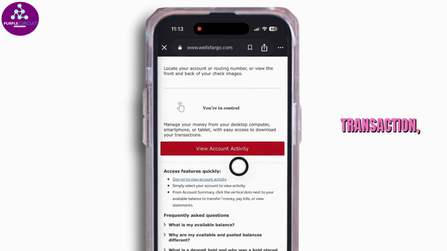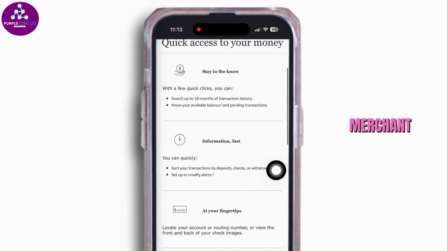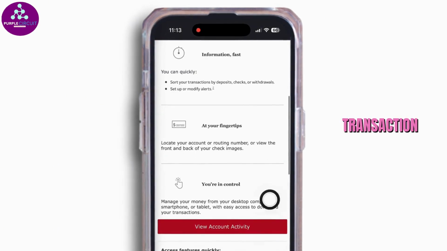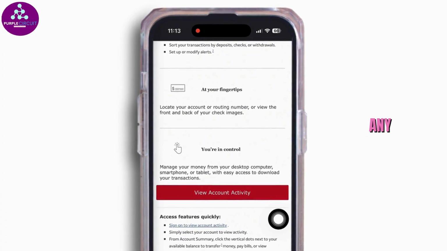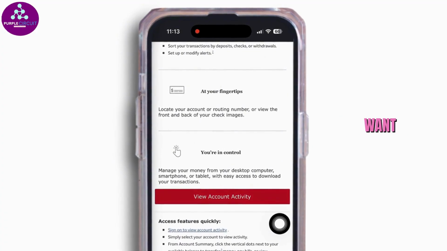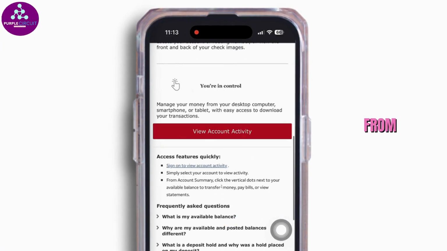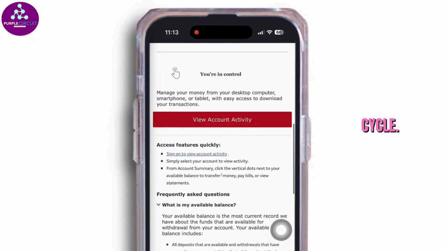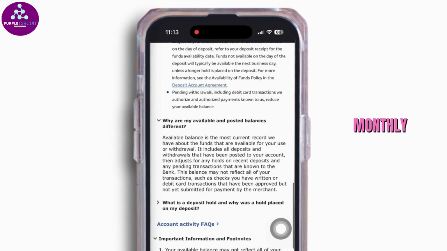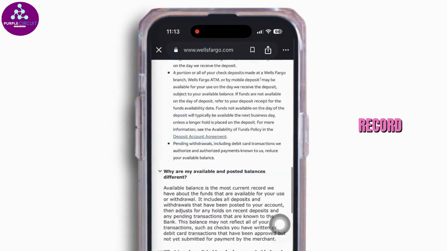Depending on the transaction, you will be able to view details such as the merchant name, transaction amount, transaction date, posting date, and any additional merchant information. If you want to review older activity, use the search or filter options to view transactions from a specific date range or billing cycle. You can also open your monthly credit card statements to see a complete record of all